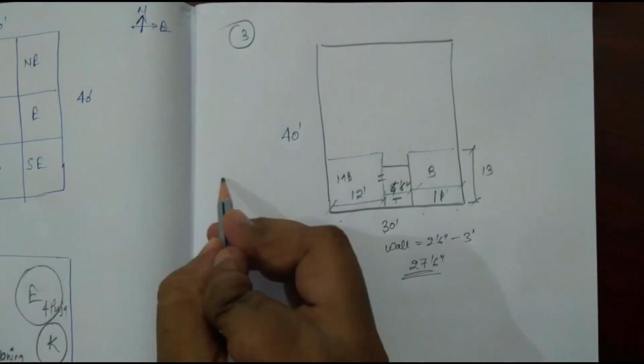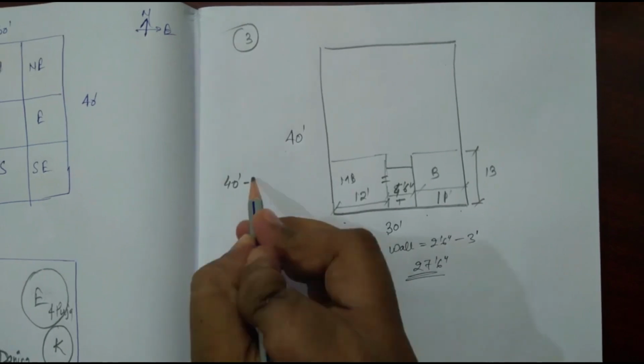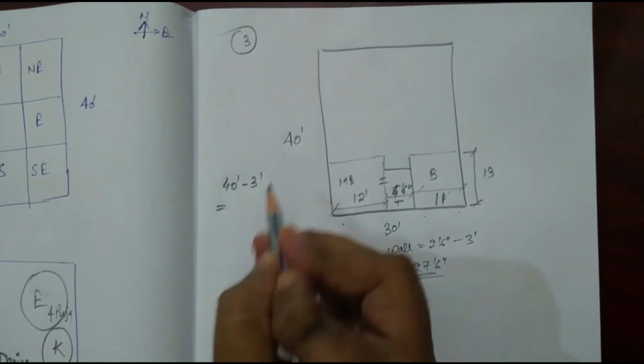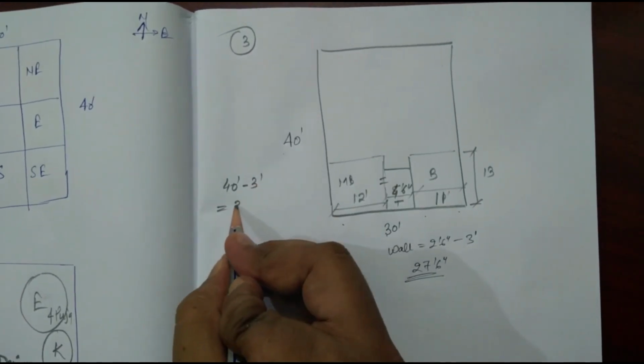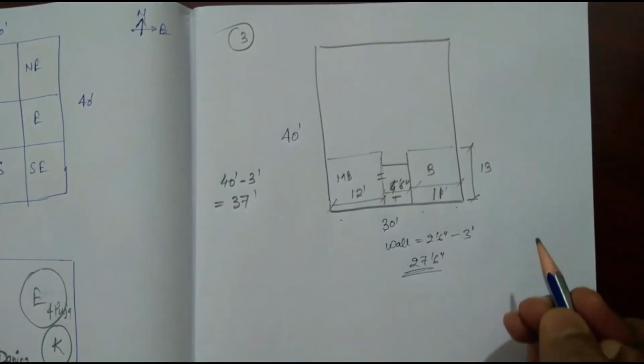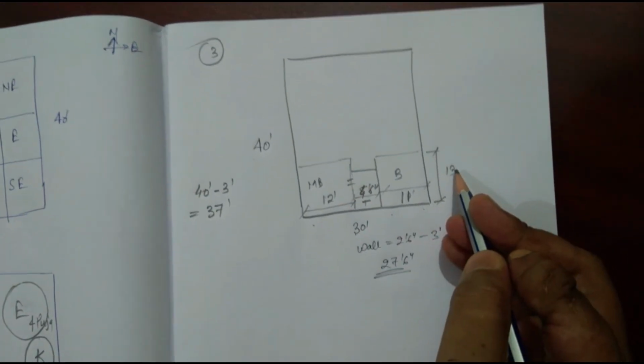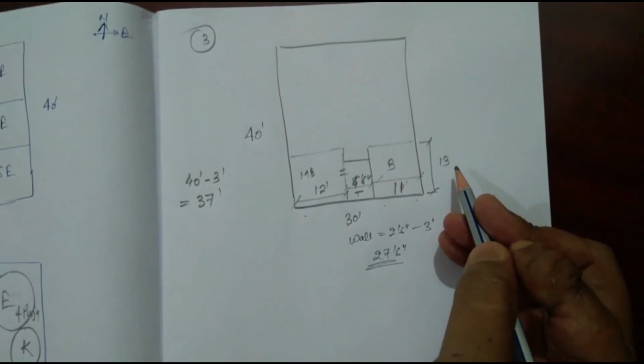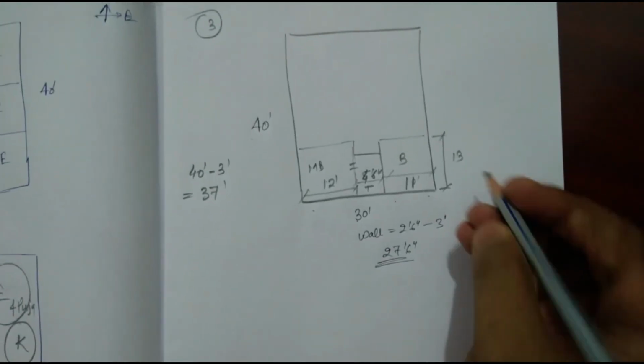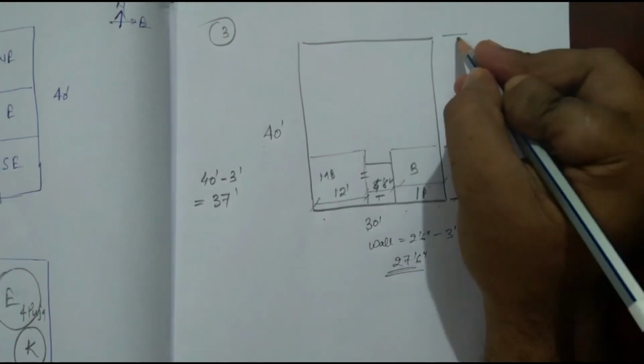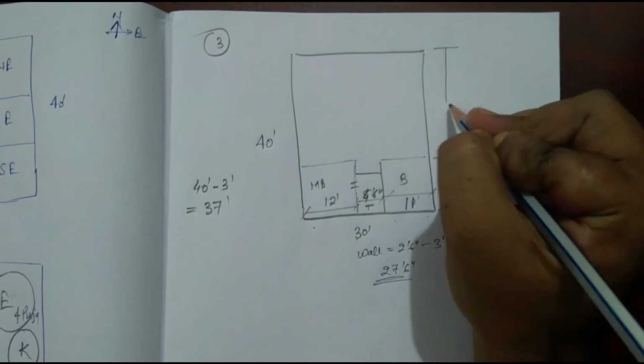Now we have utilized the 13 feet. Now let us also deduct the size of the walls along the longer span. We've taken 3 feet as it is the longer span, so we'll utilize 37 feet. Out of this 37 feet we have already utilized the 13 feet, and the remaining space we can utilize for the planning. So let us calculate the remaining space.